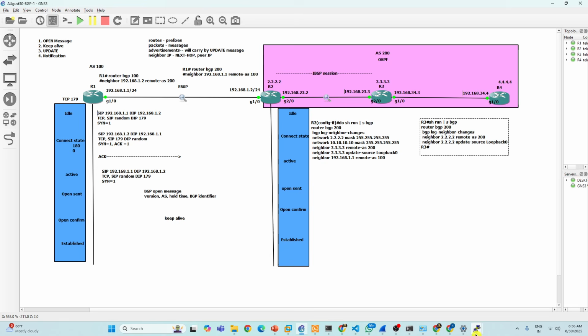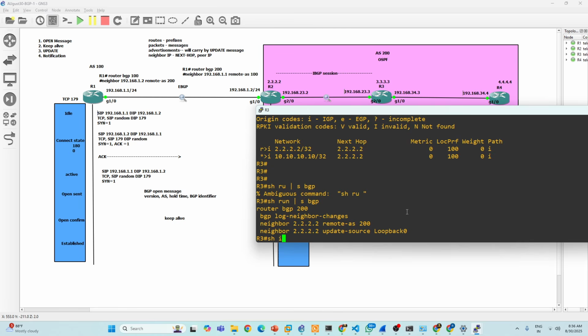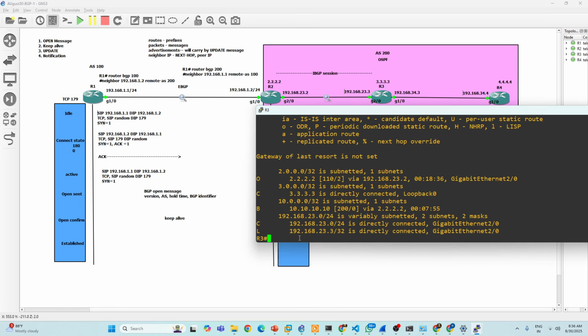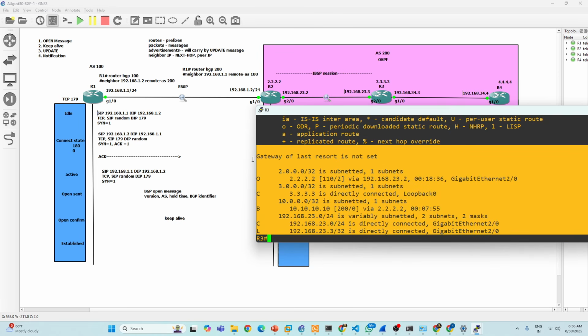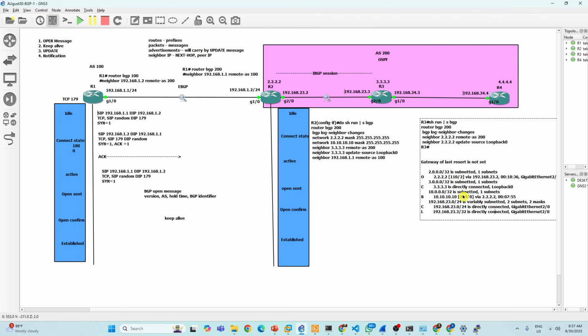On R3, show ip route. This is the routing table, please keep that in your mind. Just see the EBGP administrative distance, and the IBGP table also.